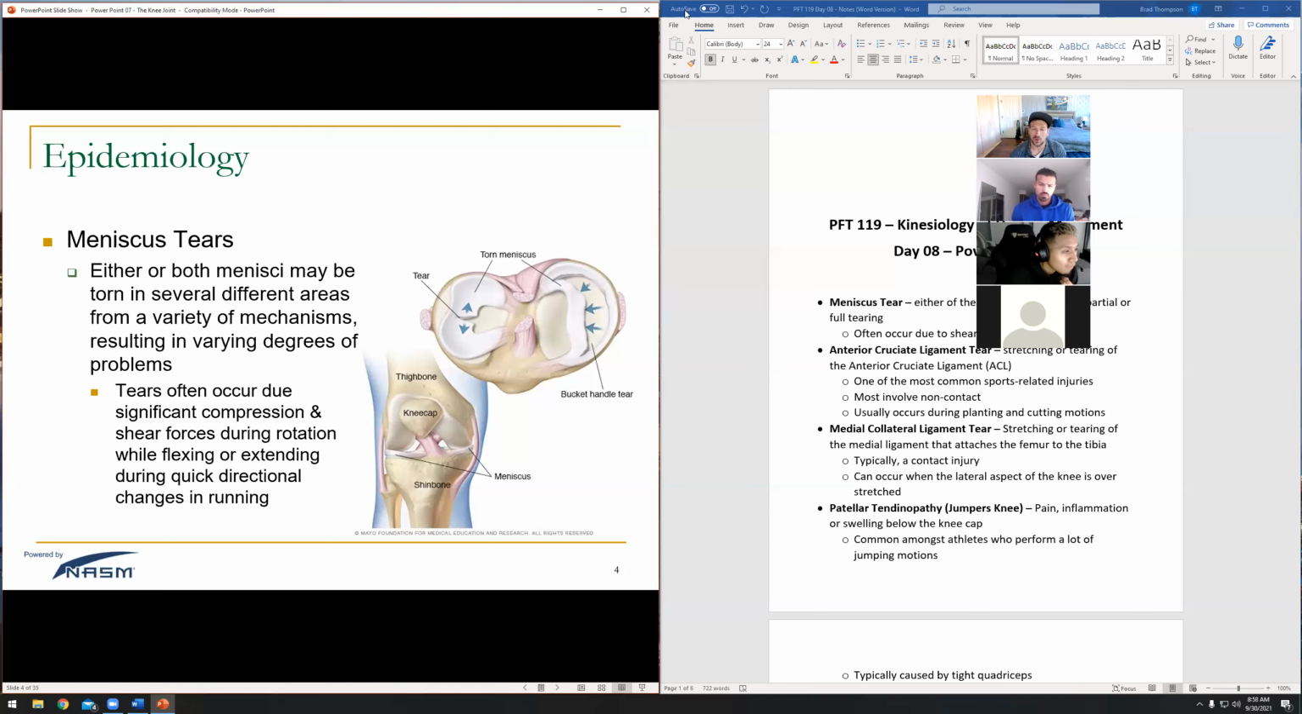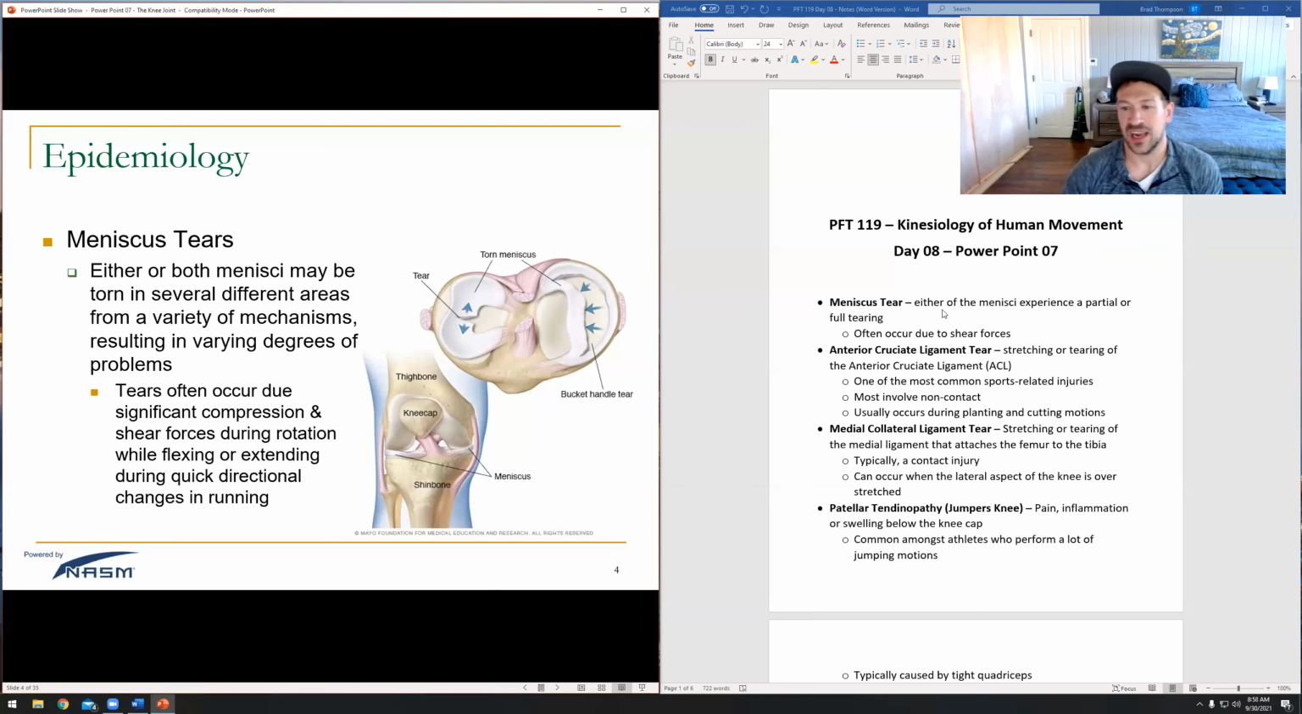So what we see is different tears in these menisci, right? So you can see here is just sort of a normal meniscus tear. This is what's called a bucket handle tear, because it kind of looks like a